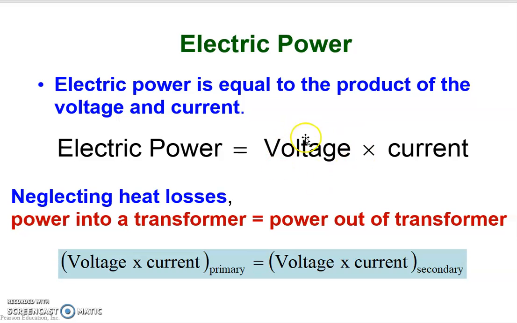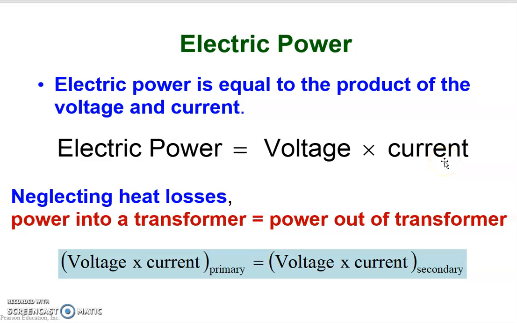So remember, it is the voltage drop. For example, without a voltage drop, if the current is passing through the power line and the voltage is always 100 volts, there's no voltage drop, then in that case, the electric power is very small. So the electric power is determined by the voltage